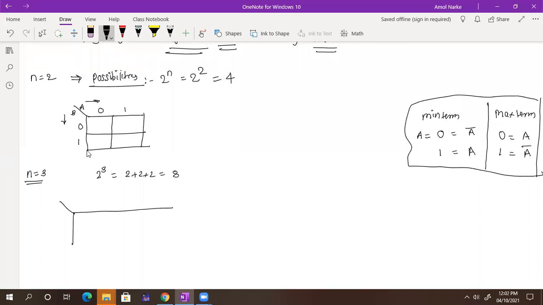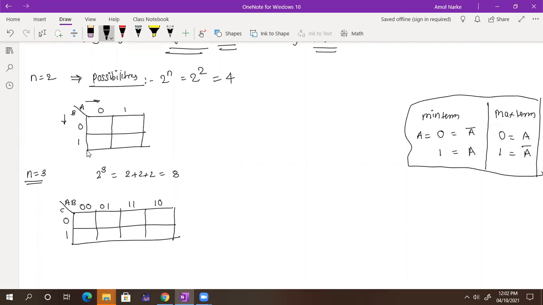First, we understand how the table will be drawn, and then we will go for problems. So here I can write down A and B, and here I can write down C. So C has values 0 and 1. So what are the possible combinations of AB? Can someone tell me? First one is 0, 0. Yes or no? What is the next one? 0, 1. Next one is 1, 0. Now I am going to write down 1, 0 here and 1, 1 here.